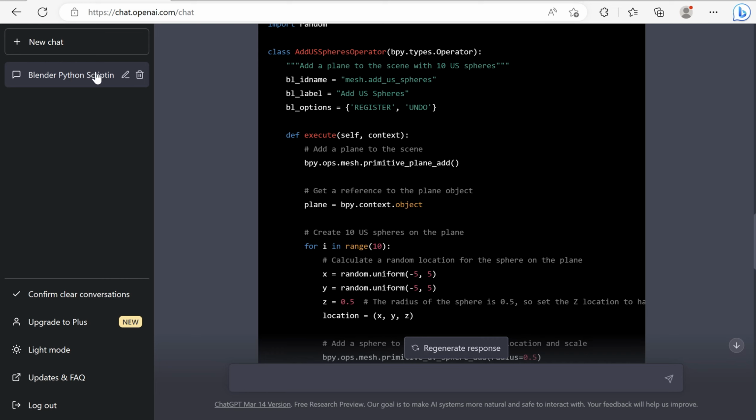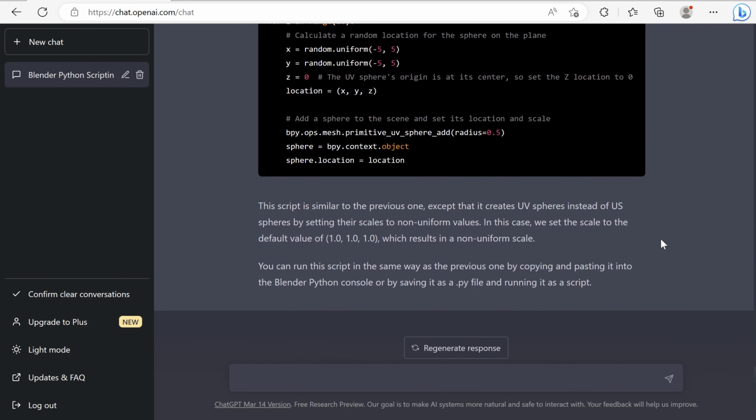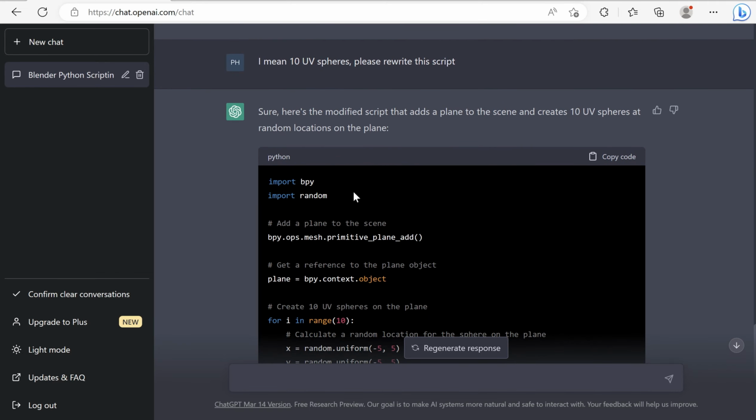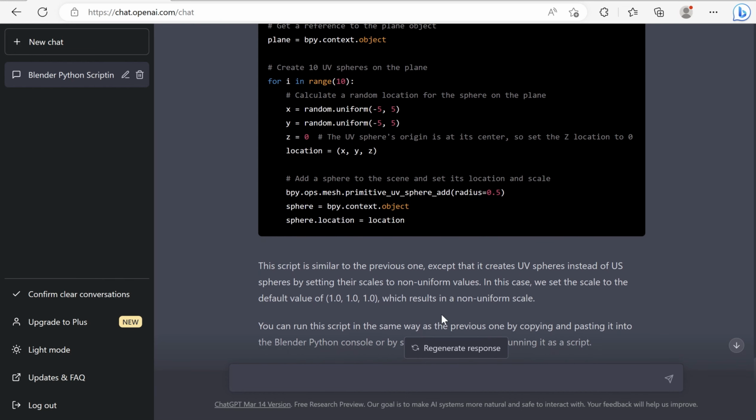have noticed, and I had a ton of different things on here, just trying to research different ways to achieve things. And unfortunately, it's very limited because it has no knowledge after 2021, supposedly. And so now it's rewritten this is the modified script that adds a plane, UV spheres, blah, blah, blah. And what I want to do is say,